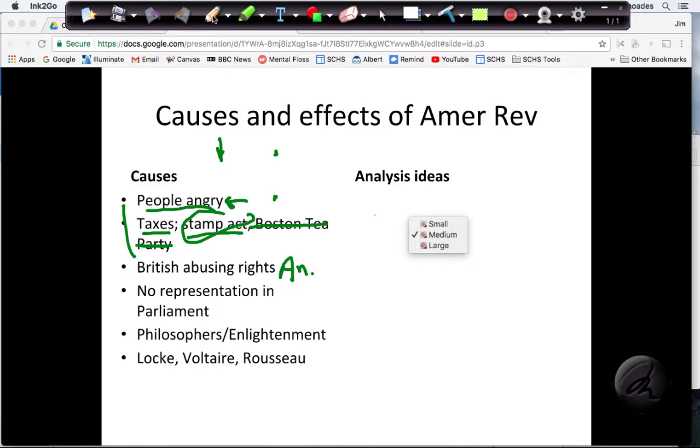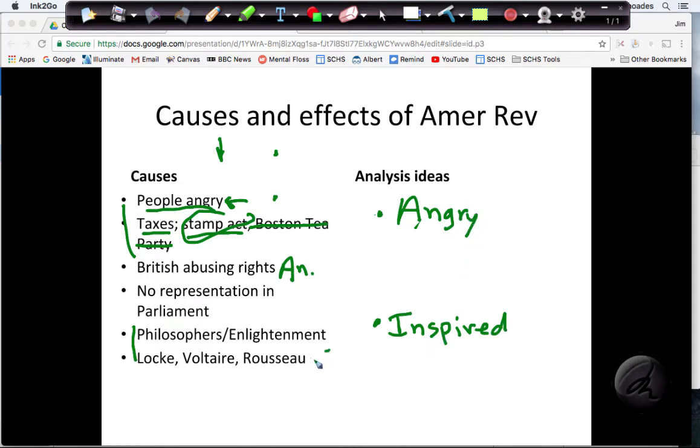So then I moved down farther on my brainstorm here and looked at also this idea about philosophers and the Enlightenment. So what I'm going to come up with is sort of a two-part reason for why the revolution started. The first is that people were angry, and this is going to be the subject of my first evidence. And then the second is going to be kind of where did they get the idea to have a revolution? And that makes sense because you can have people angry about lots of things, but without these ideas from philosophers like these guys, they're not going to do anything about it.